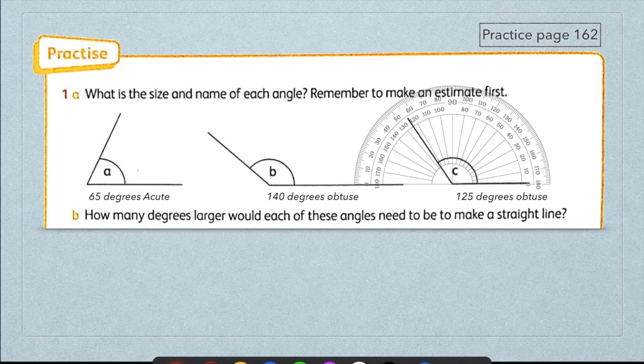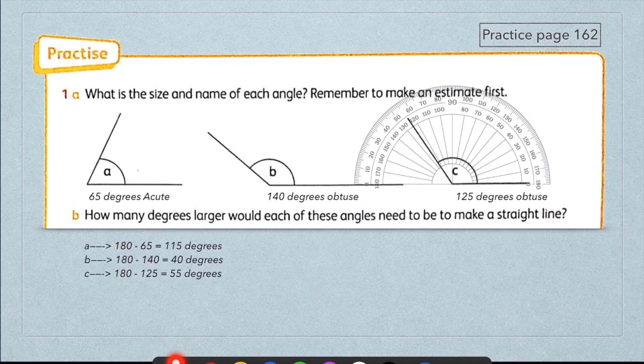Part B. How many degrees larger would each of these angles need to be to make a straight angle? Okay, here is the point. A straight angle was 180 degrees. And hopefully we have the measurement for each of these angles here. Now, what we need to do in the second step is to subtract these angles from 180. How many degrees extra do we need in order to reach a straight angle? We will have